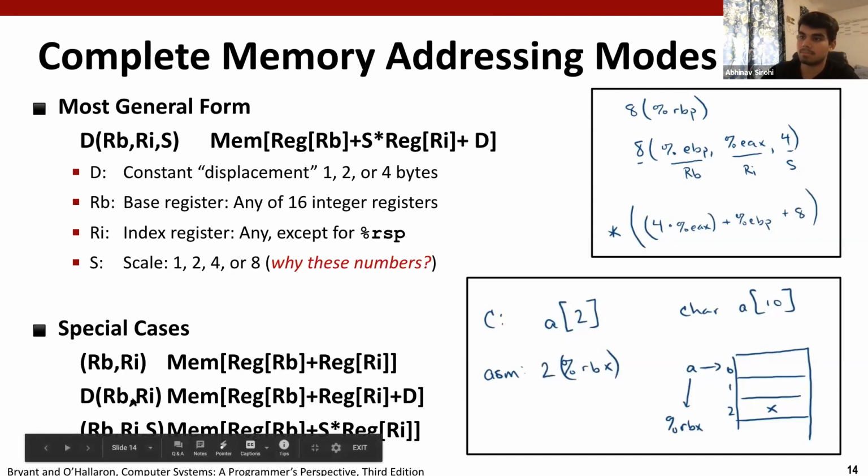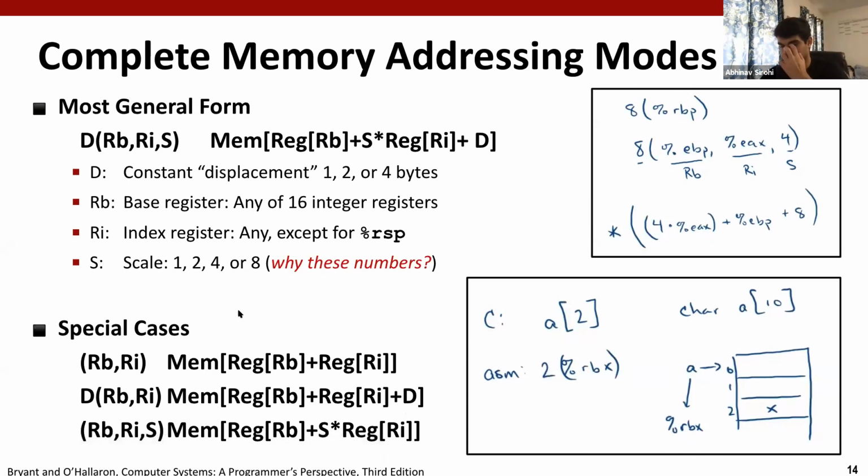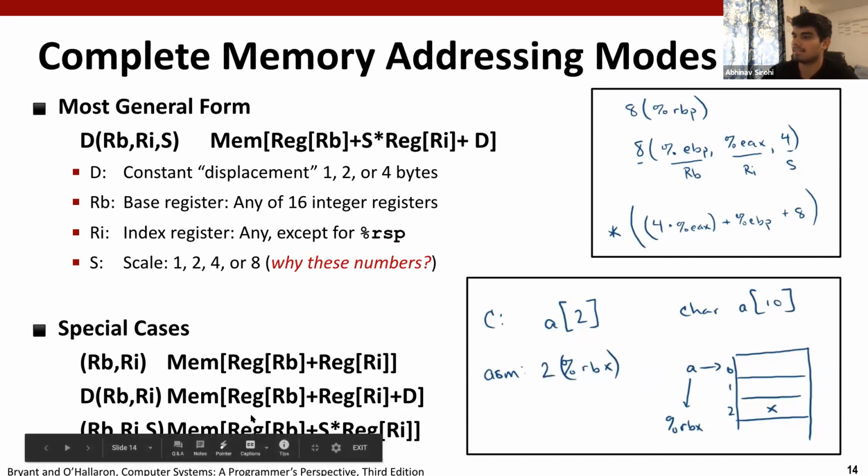And if you have a displacement next to that, you do the same thing, except you also add the displacement and then access the memory at that location. And then in the third case, instead of the displacement, it just has the scale. So we basically just do what we did here, multiply by the scale, add that, and then access the memory at that location. And here's a little example